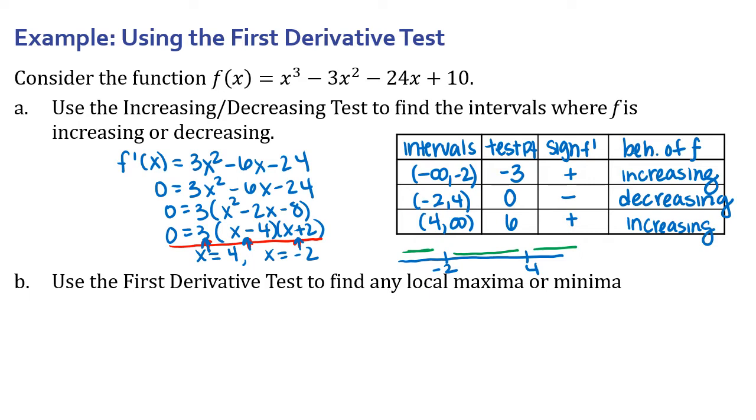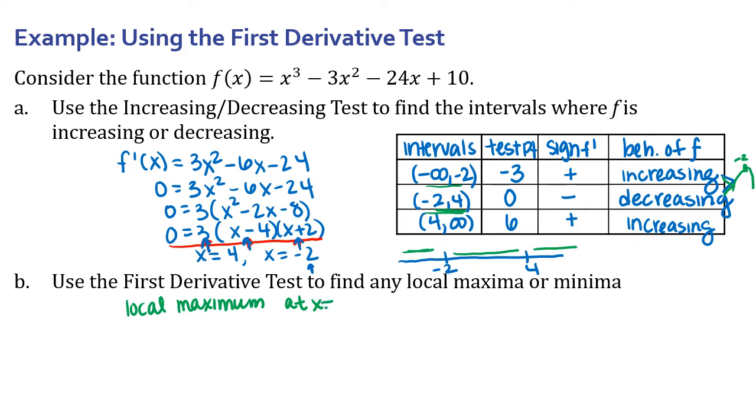So now if we wanted to use this first derivative test to find any local maximum and minimum values, where those occur, I can look at this and say, okay, as this x value is approaching -2, my function is going from increasing, I'll do this in green. My function goes from increasing on the left-hand side, then I hit -2, and then it goes to decreasing after I leave -2. So that means there's going to be a local maximum